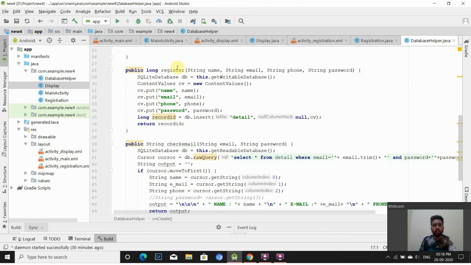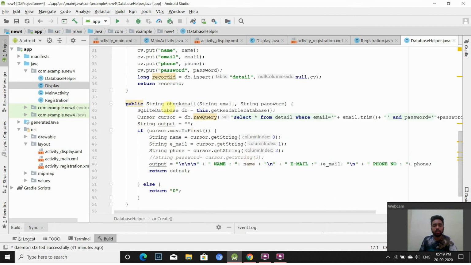Now this particular query is about creating a table. So it is register with string name, string email, phone and password. Now SQLiteDatabase db will get writable database, and then we have content values here. We put all the contents one by one, and by using long record db we insert everything into our table, our database, and then we return record db.